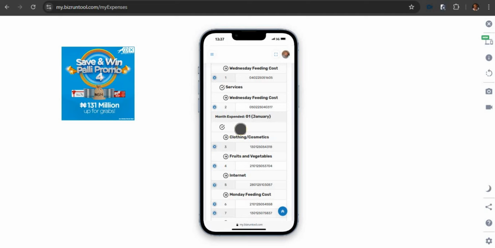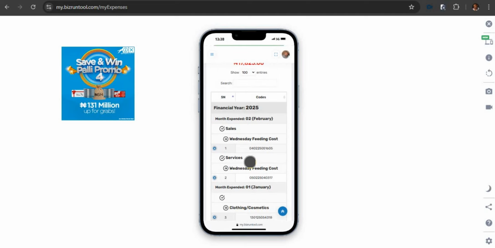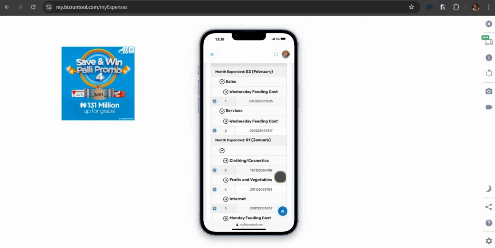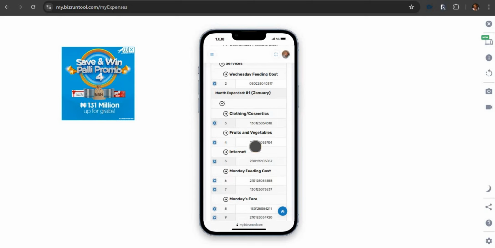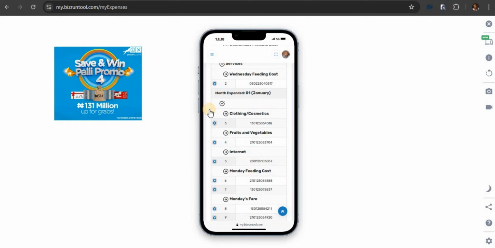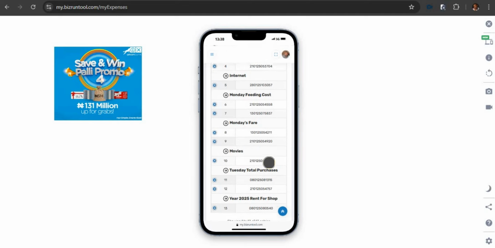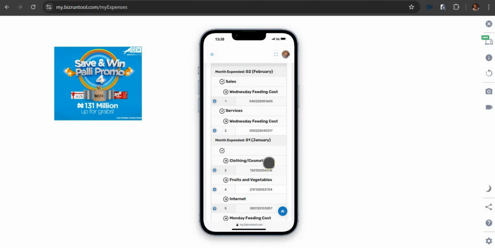As you can see here, before we added the sales and services types, we had already entered these expenses, but there's no way to categorize or say where these expenses went. You have clothing, fruit, internet, so we can't tell exactly which business type incurred all of this. So this is why it's important we added the sales